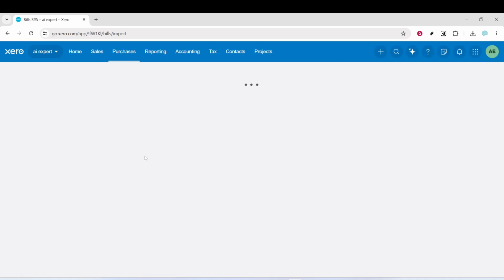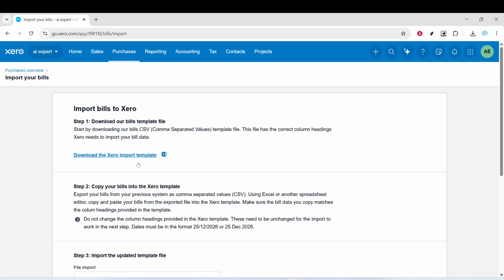Next, click Import. This opens the import area dedicated to bringing in multiple bills at once. Rather than guessing the correct column names or order, you'll want the official layout from Xero, so click Download the Xero import template. This gives you a CSV file that's pre-formatted with the right headers, which dramatically reduces the risk